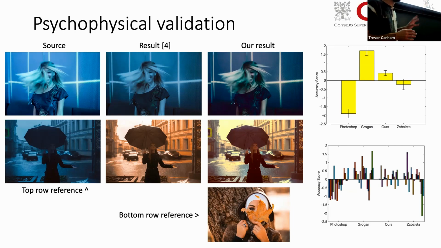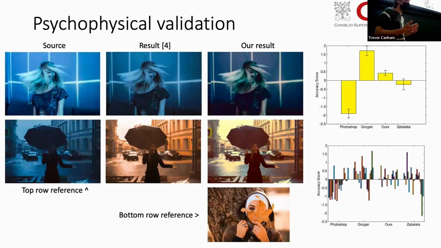The Grogan method, we believe, won because it basically snaps everything to the average reference color, which we show some examples of here. So these are the source, the Grogan results, and our results. And you can see in our results, we still maintain some differentiation between the background and the foreground, particularly this skin tone here. Whereas they've really made it sort of a monochromatic image, which you could imagine, as someone's flipping through experiment trials, and their task is to judge which best reflects the style. This is sort of the simplest representation of the style at first glance,